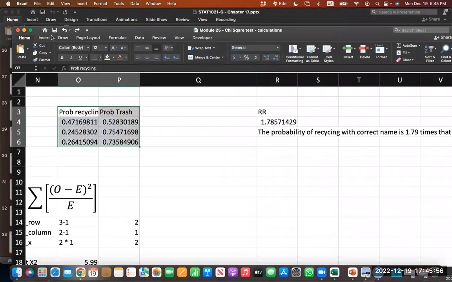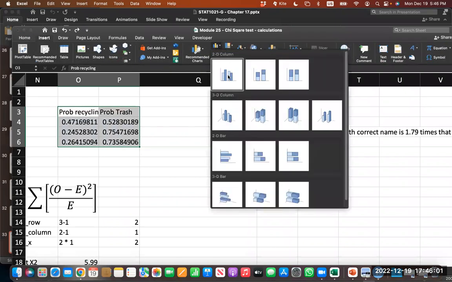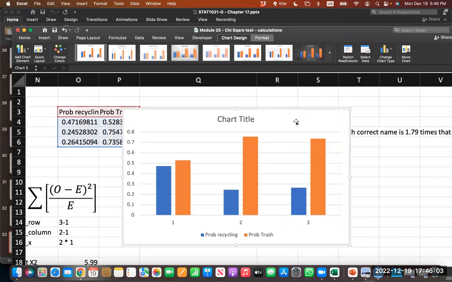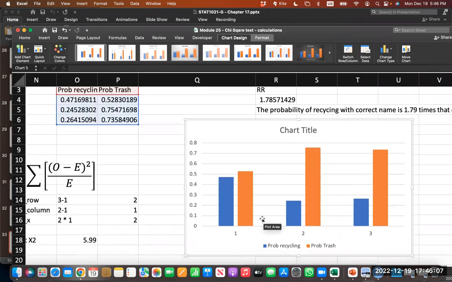So you can do this quite simply in Excel. I didn't try this before. Okay, so this is the bar graph that would basically show you these different